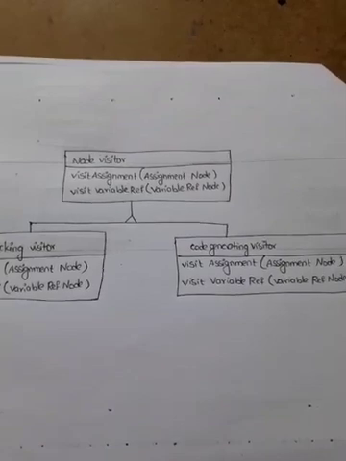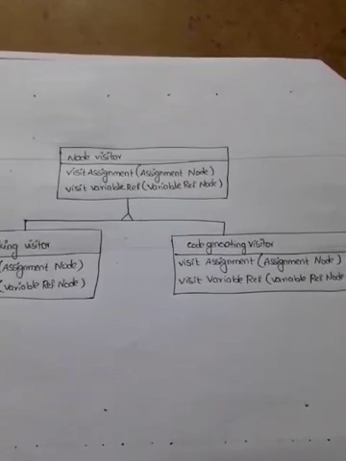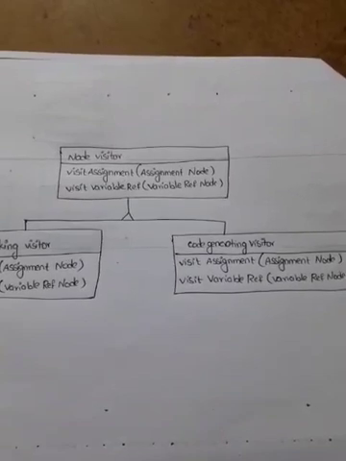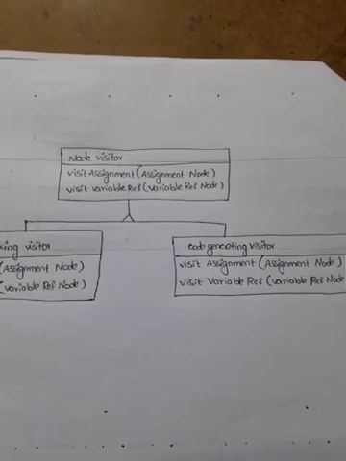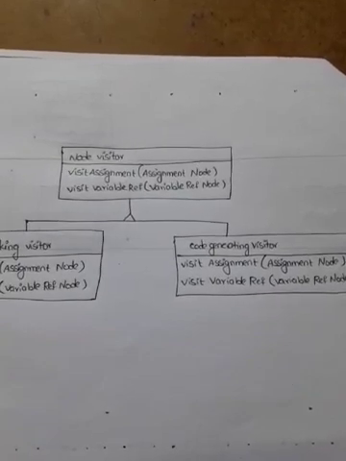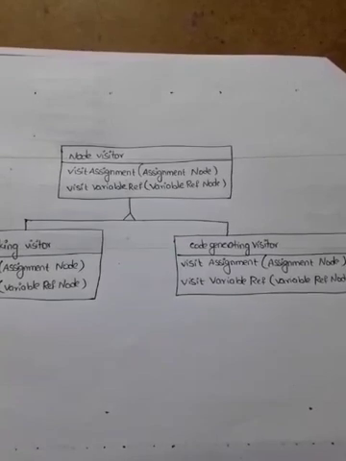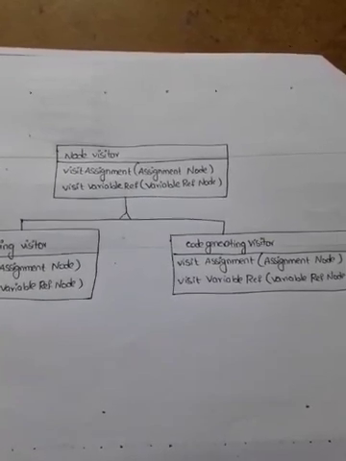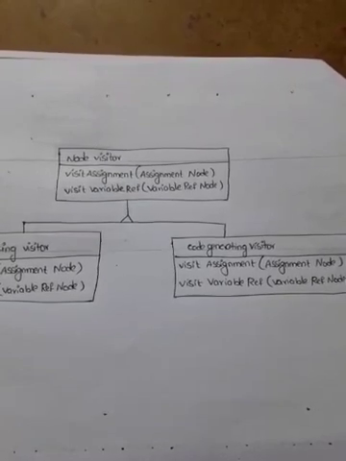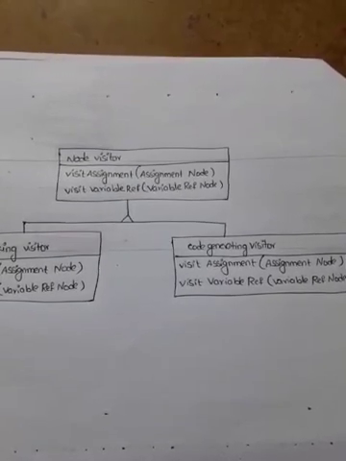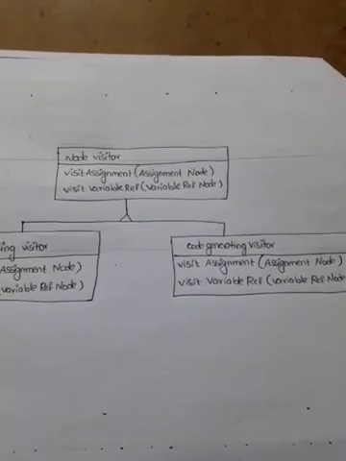That means to make visitors work for more than just type checking, we need an abstract parent class, node visitor, for all visitors on the abstract syntax tree. Node visitor must declare an operation for each node class. An application that needs to compute program metrics will define new subclasses of node visitor and will no longer need to add application-specific code to the node classes.